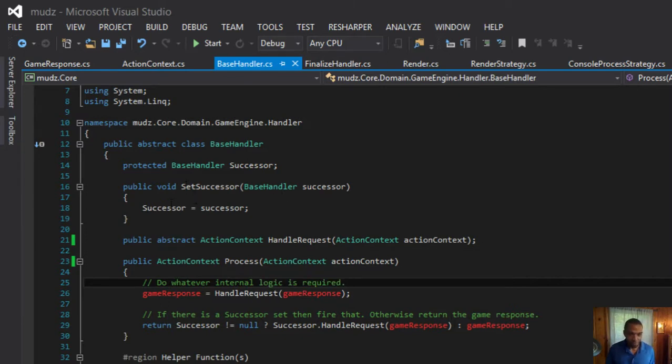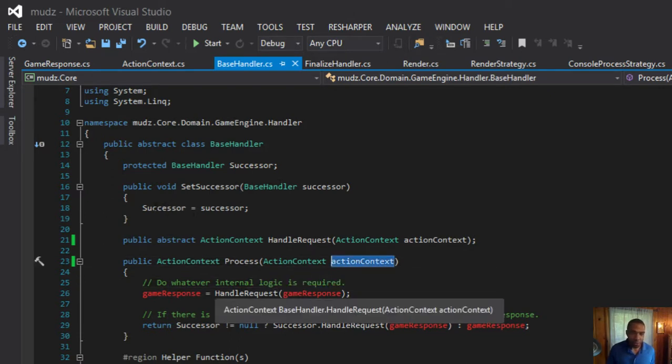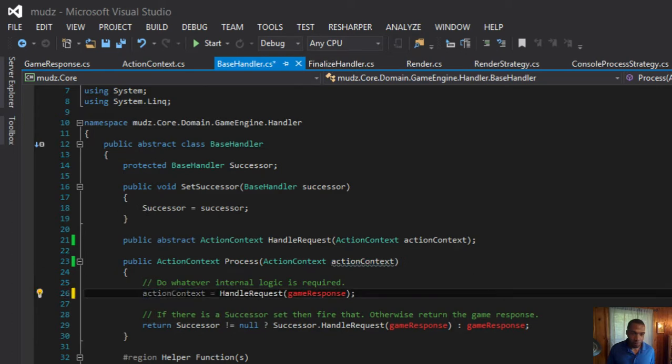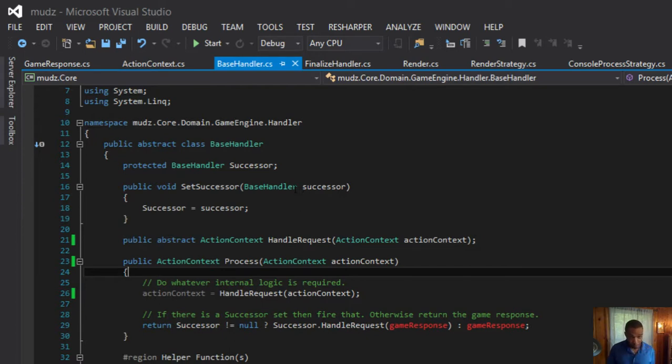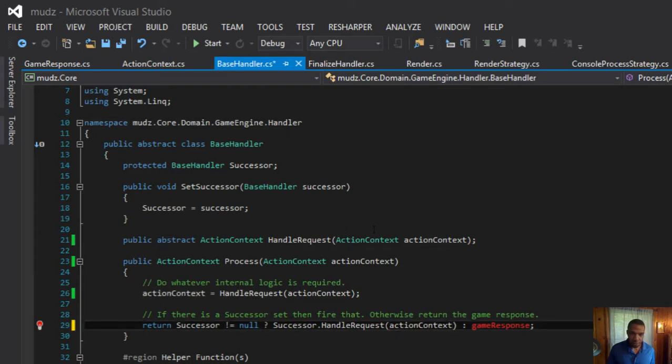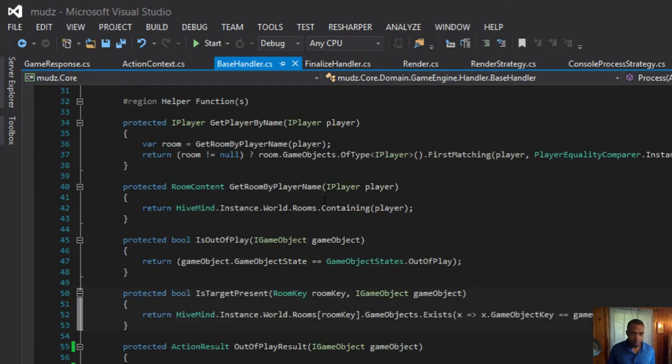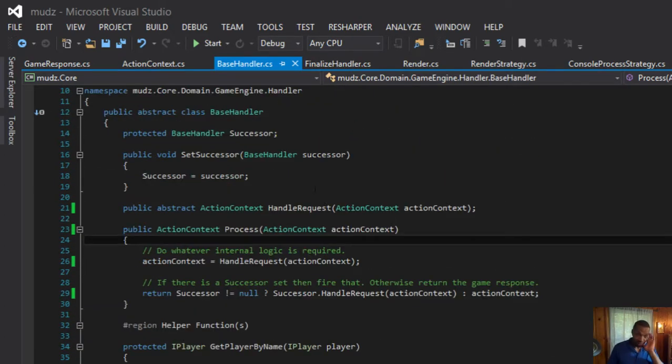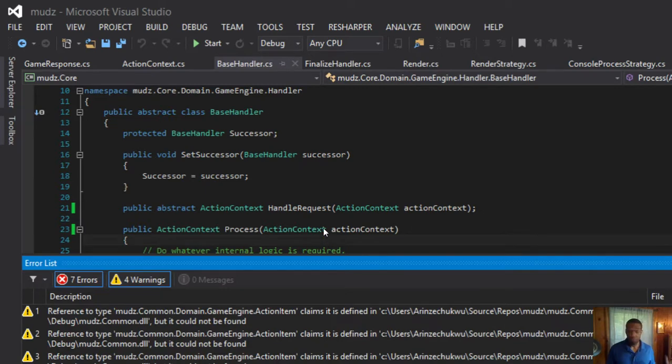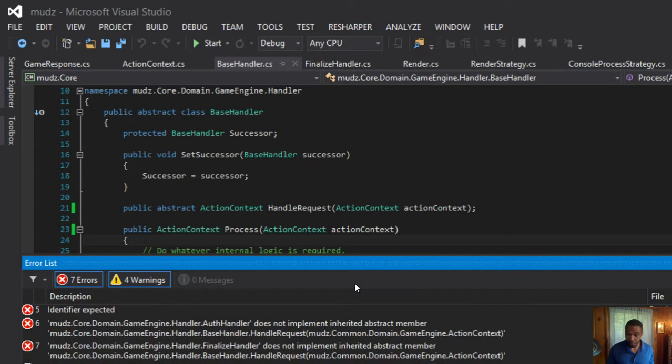And yeah, Owen. Okay, so we want to get back this action request from handle request. We want to pass in that same action request. Nothing crazy there. Then we want to pass in this guy, else return it. Cool. Looks better. Looks better already. Oh, voila, 7 errors. Can you believe it?